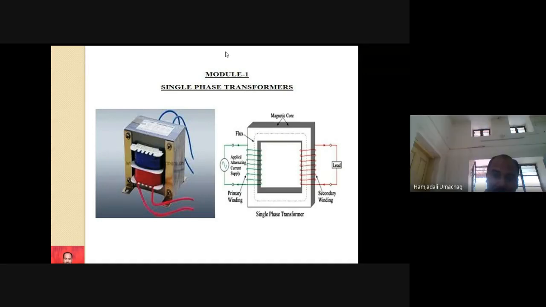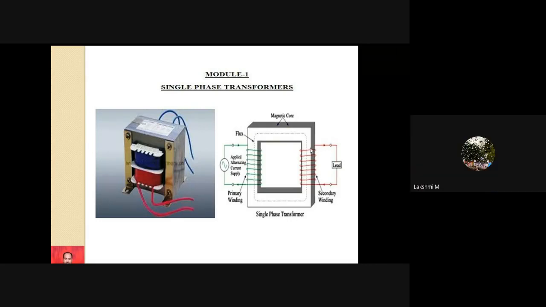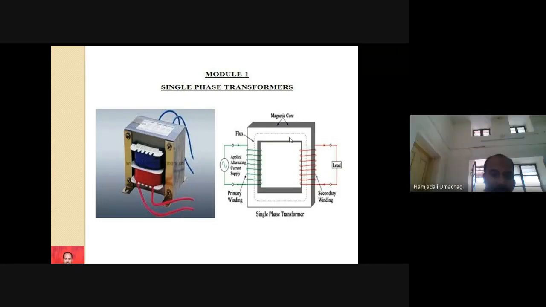So here, is there any electrical circuit present between the two windings? No, sir, there is no electrical connection. There is complete isolation between the primary and secondary winding. But instead of an electrical connection, you are going to have a magnetic path. That magnetic path is nothing but the flux. That flux is common for both the primary winding as well as the secondary winding.